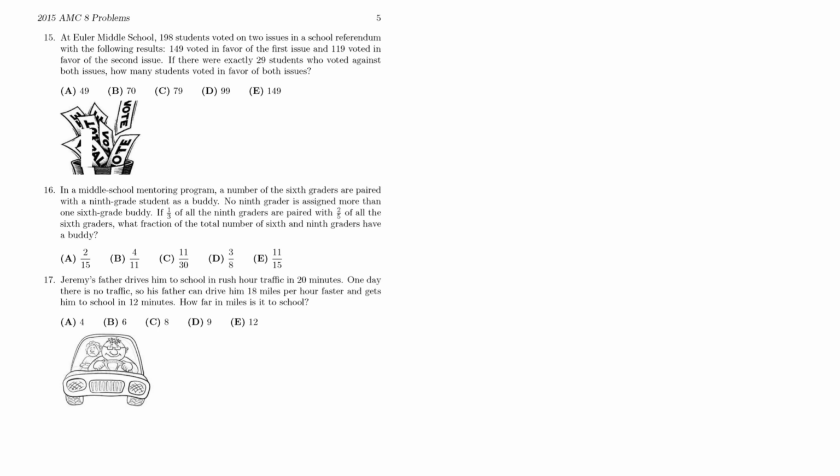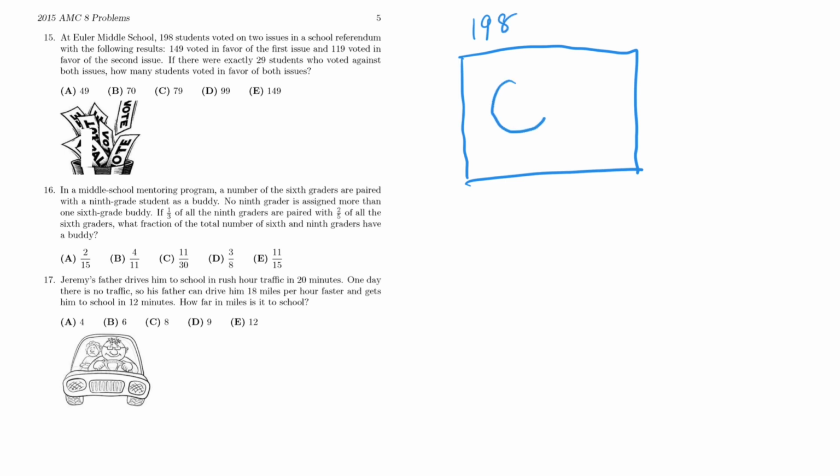If there are exactly 29 students who voted against both issues, how many students voted in favor of both issues? Now we draw the Venn diagram. So the total student is the 198. So the first issue, total